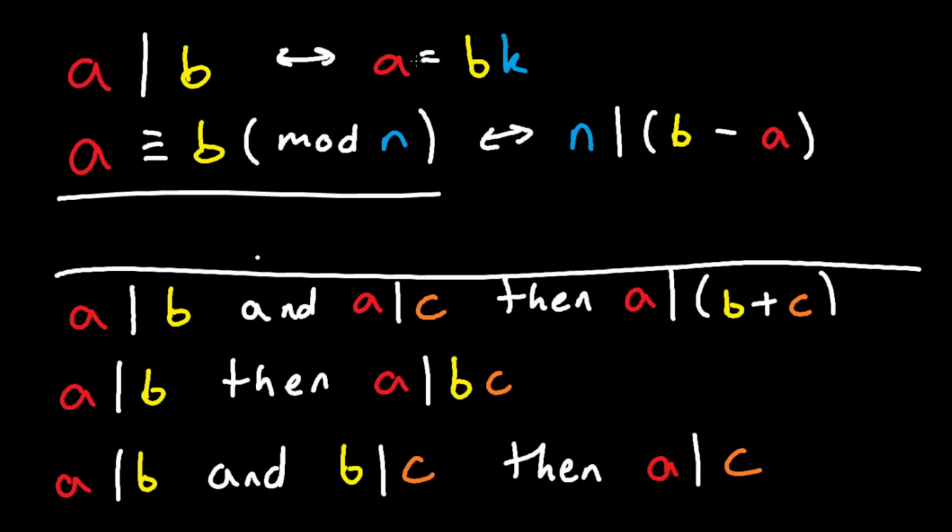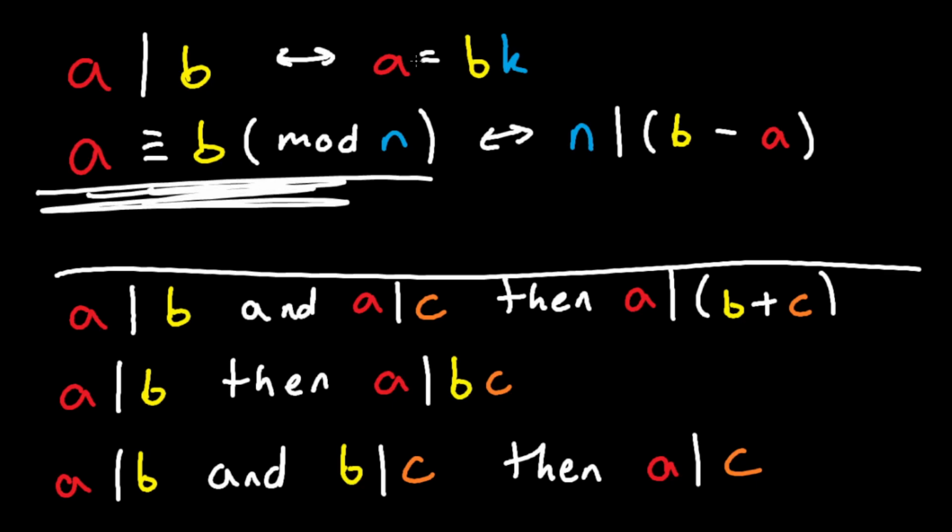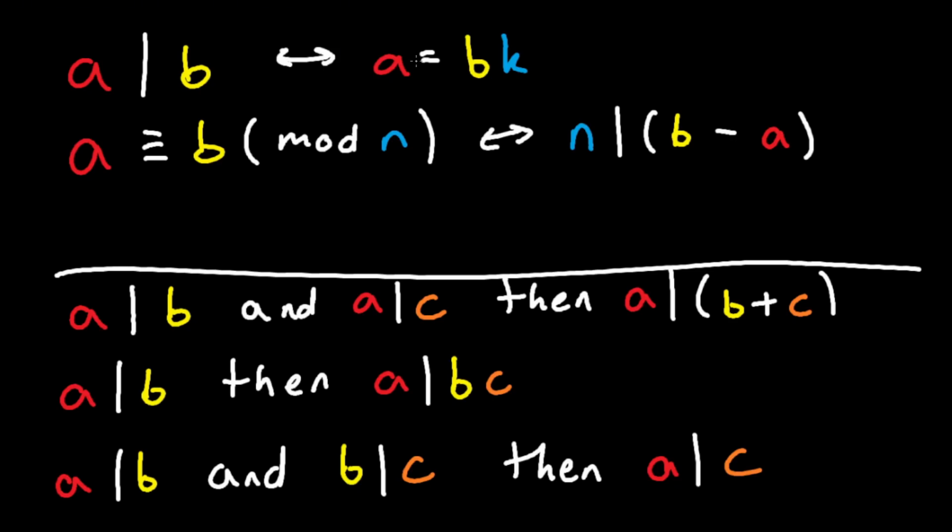Here's the thing about this. You can actually express this guy, and again, this guy isn't very helpful. The thing I underlined is not very helpful in your proofs. You can't really do algebra with this, right? But you could do algebra with this. You get the divisibility, and with divisibility, you could turn it into an algebraic statement. You could turn it into equality. So this right here is very helpful, okay? So if you see a modular equivalence like this, you kind of want to turn to this form, and with the divisibility, you want to turn to this form. All right? But basically, n is divisible by b minus a. And again, these can be flipped around. So n could be a minus b, and that's because